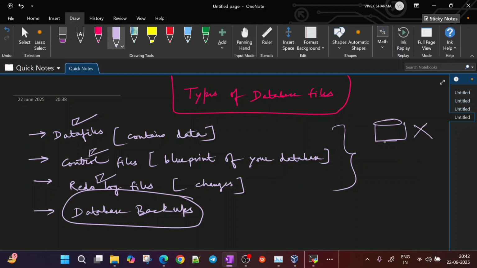Okay, it will be of no use. So to save your database from this situation, in order to recover the database, definitely you will use the latest backup that was done to restore your database. Okay, so in the enterprise environment, you know